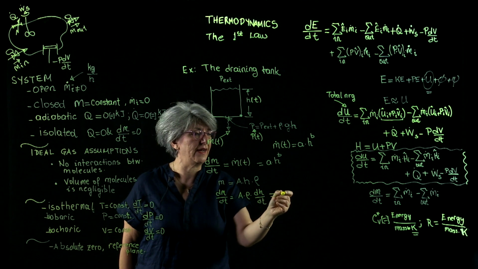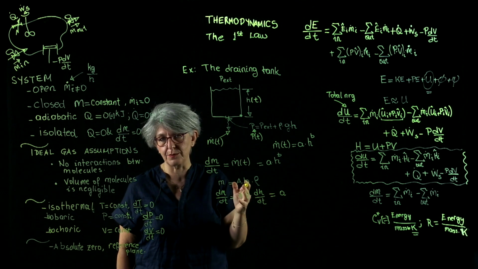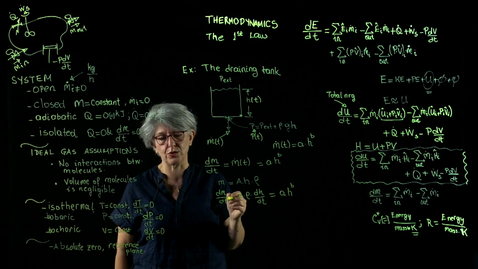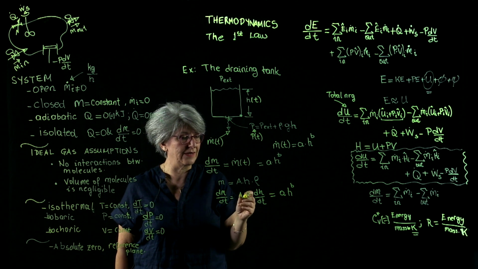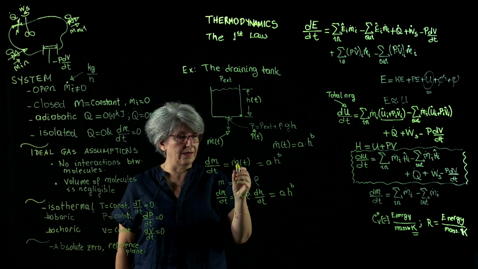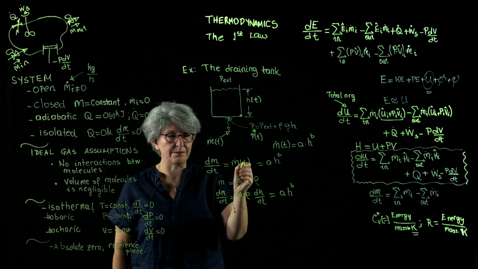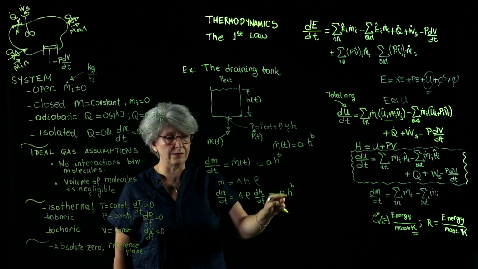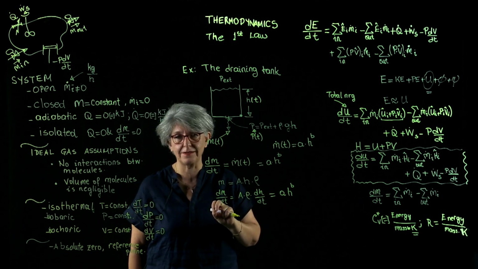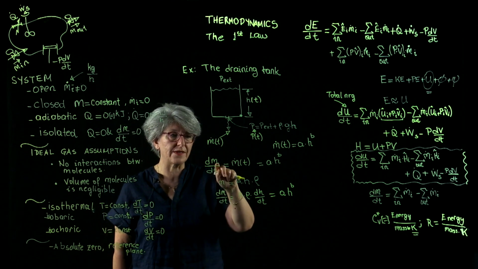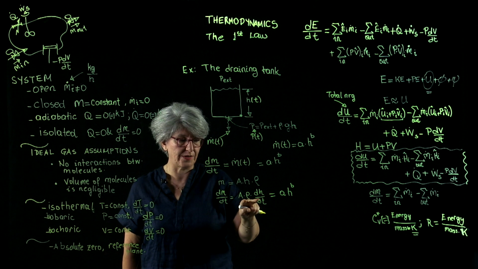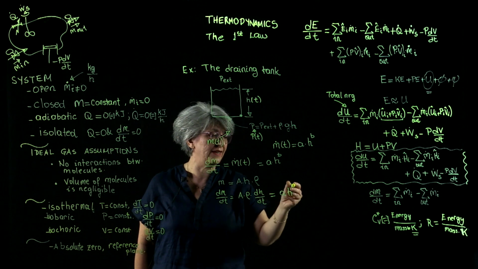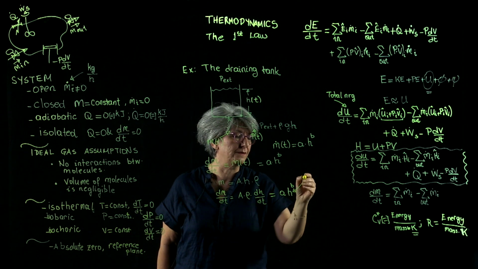On the other side, I have lowercase a, a proportionality constant, times h to the power b, power I don't know. But you see, my equation with mass has turned into an equation of height. Now what did I do? I used a characterizing dependent variable, which is the height, to represent both mass in its functionality and m dot in its functionality. Okay? So h is a characterizing dependent variable,